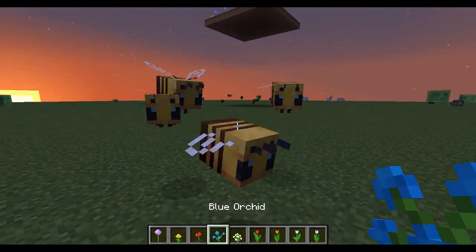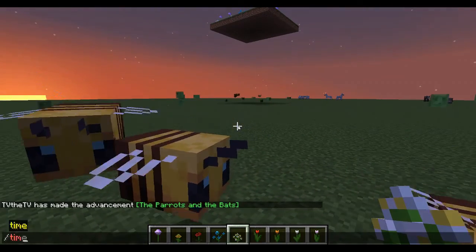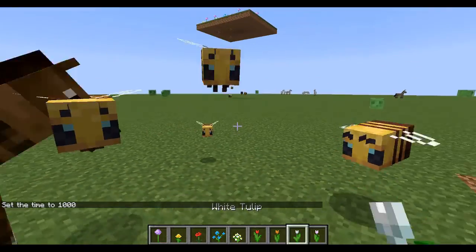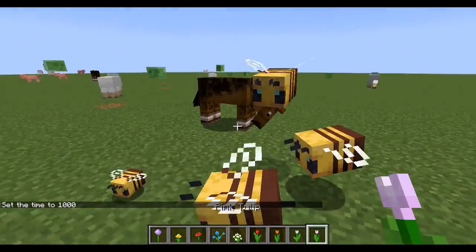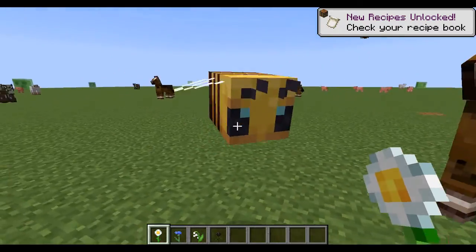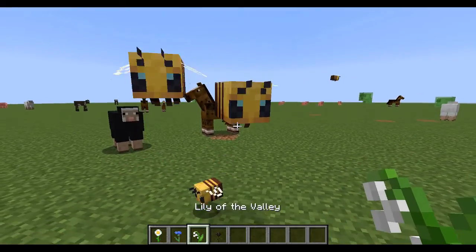dandelion, poppy, blue orchid, azure bluette. Let me just... they'll follow me with all the tulip types, it seems. They'll follow me with the oxeye daisy, with the cornflower, with the lily of the valley,